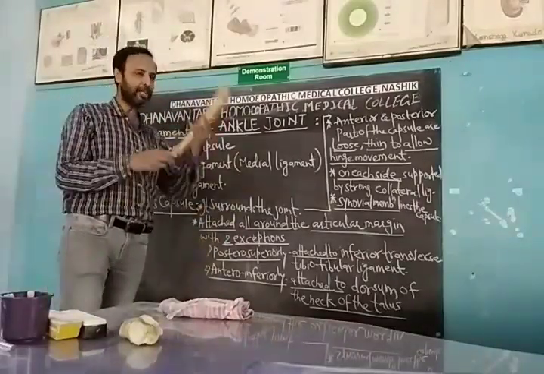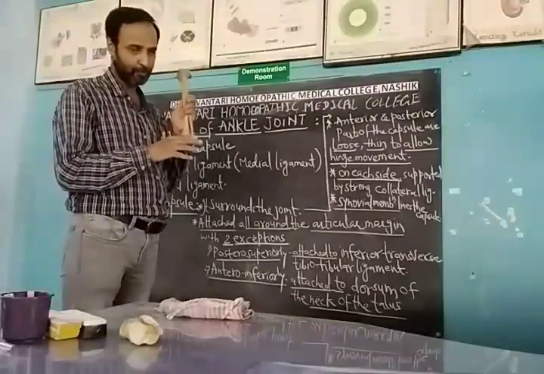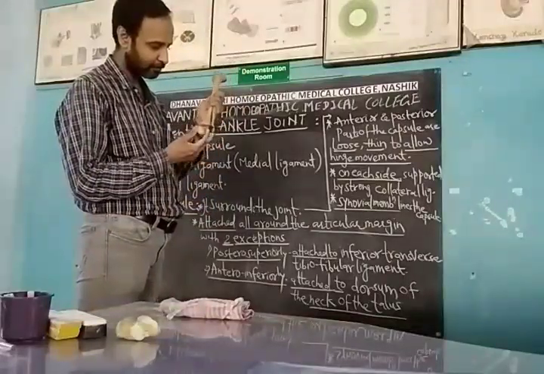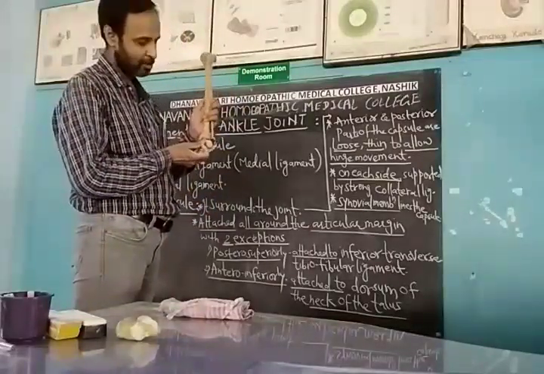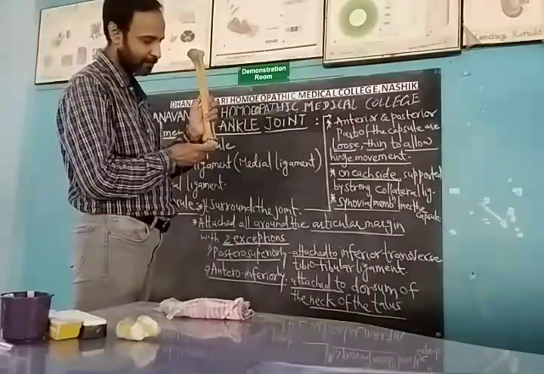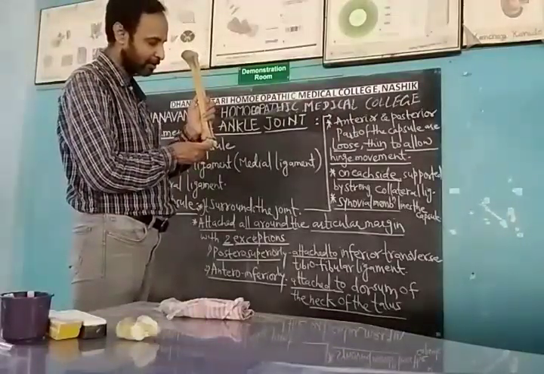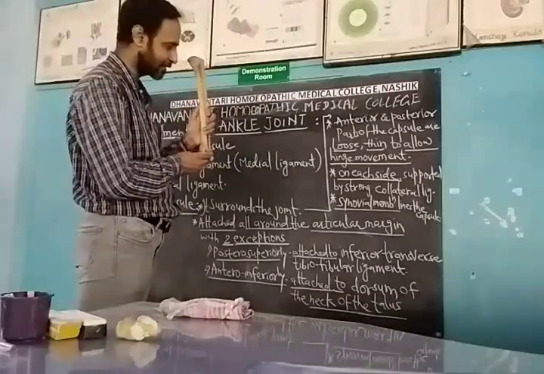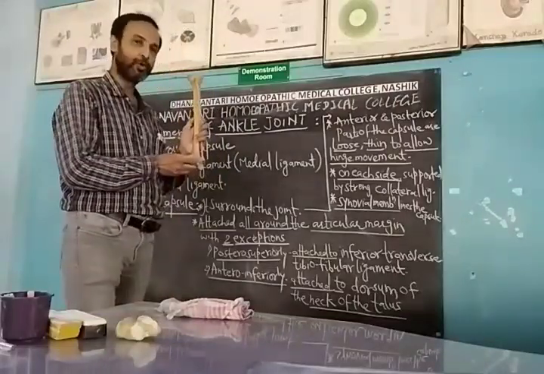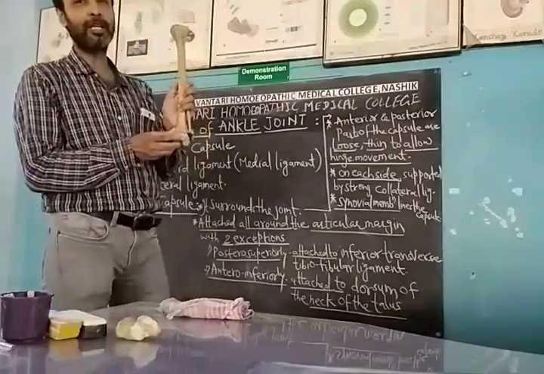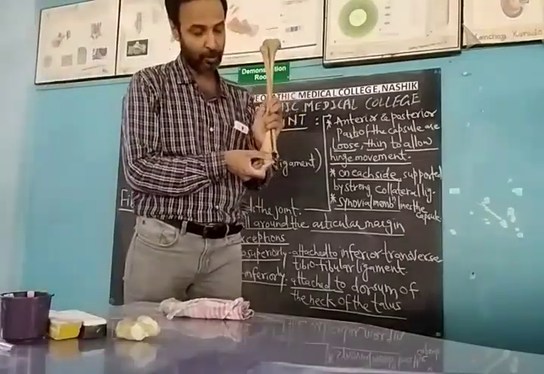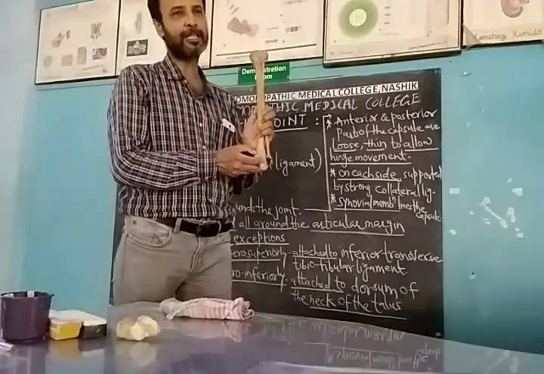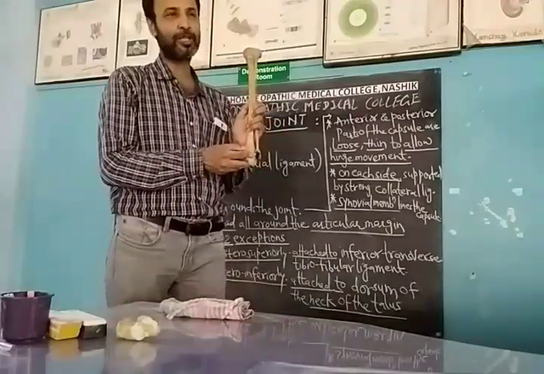And second, antero-inferiorly. Antero-inferiorly is the talus. In the talus, this is the dorsum of the neck. This part is the dorsal aspect of the neck of the talus, so the capsule is attached to the dorsum of the neck of the talus. Here it is attached. So antero-inferiorly, these are the two exceptions.